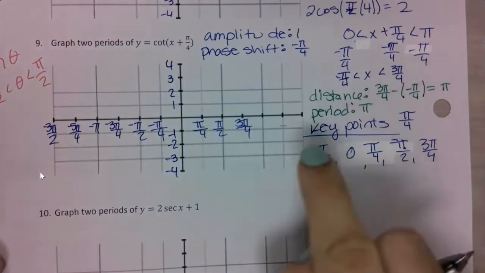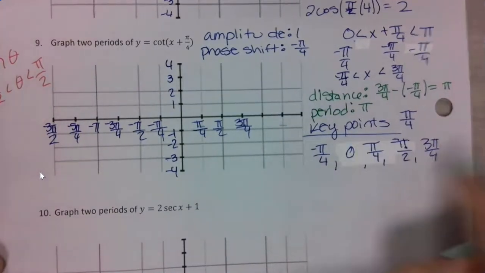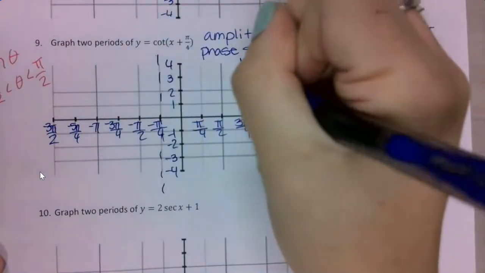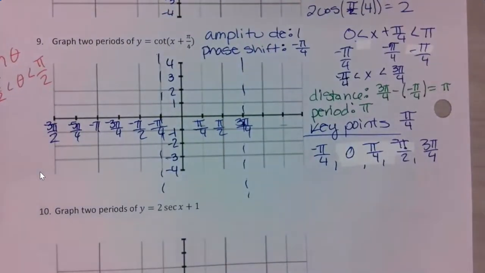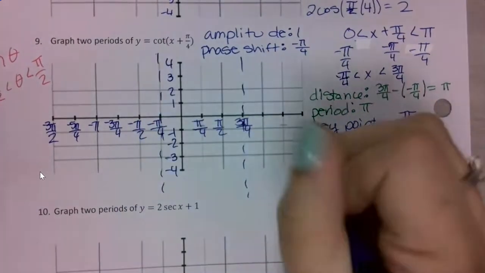Okay, so like I said, -π/4 and 3π/4 should be asymptotes, so I already know those are just getting dashed lines. You have to draw these for full credit on the test. Then I want to go ahead and plug in my 3 middle values. I am doing cotangent, so when I type this into the calculator,